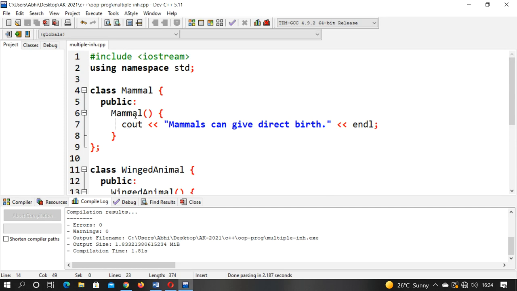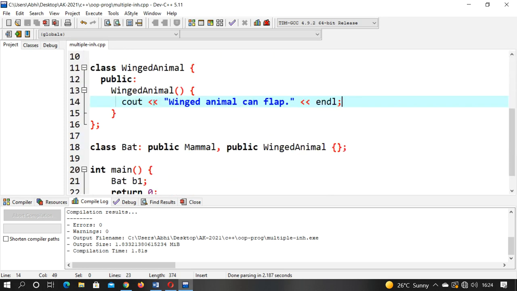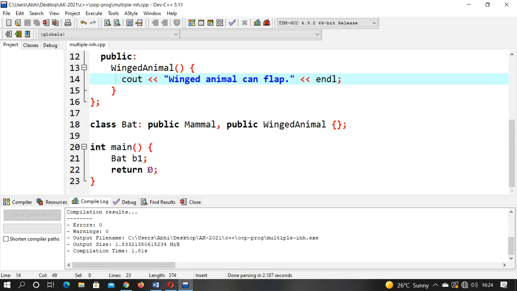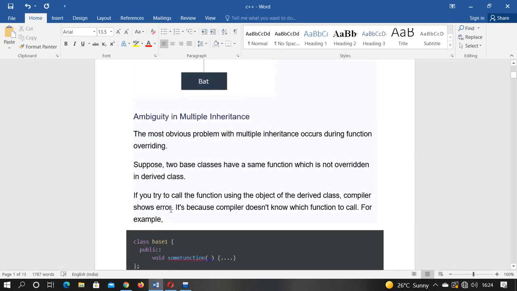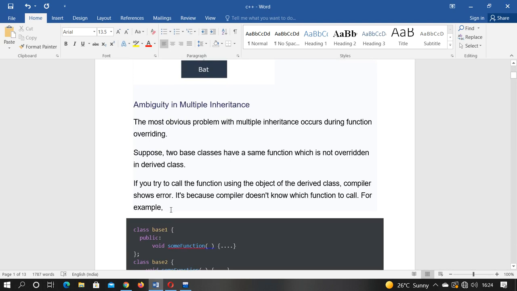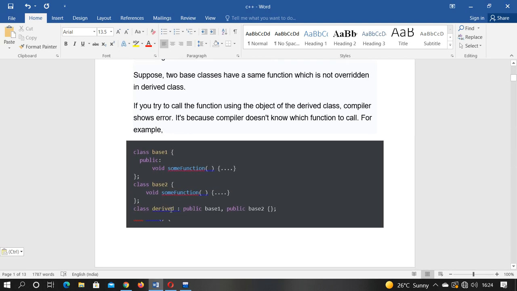Suppose the display function is there in mammal and the display function is in winged animal also. So how can we identify in the main which display is actually called? This is called ambiguity. To overcome this ambiguity, in multiple inheritance we have ambiguity resolution. You can understand this by an example.